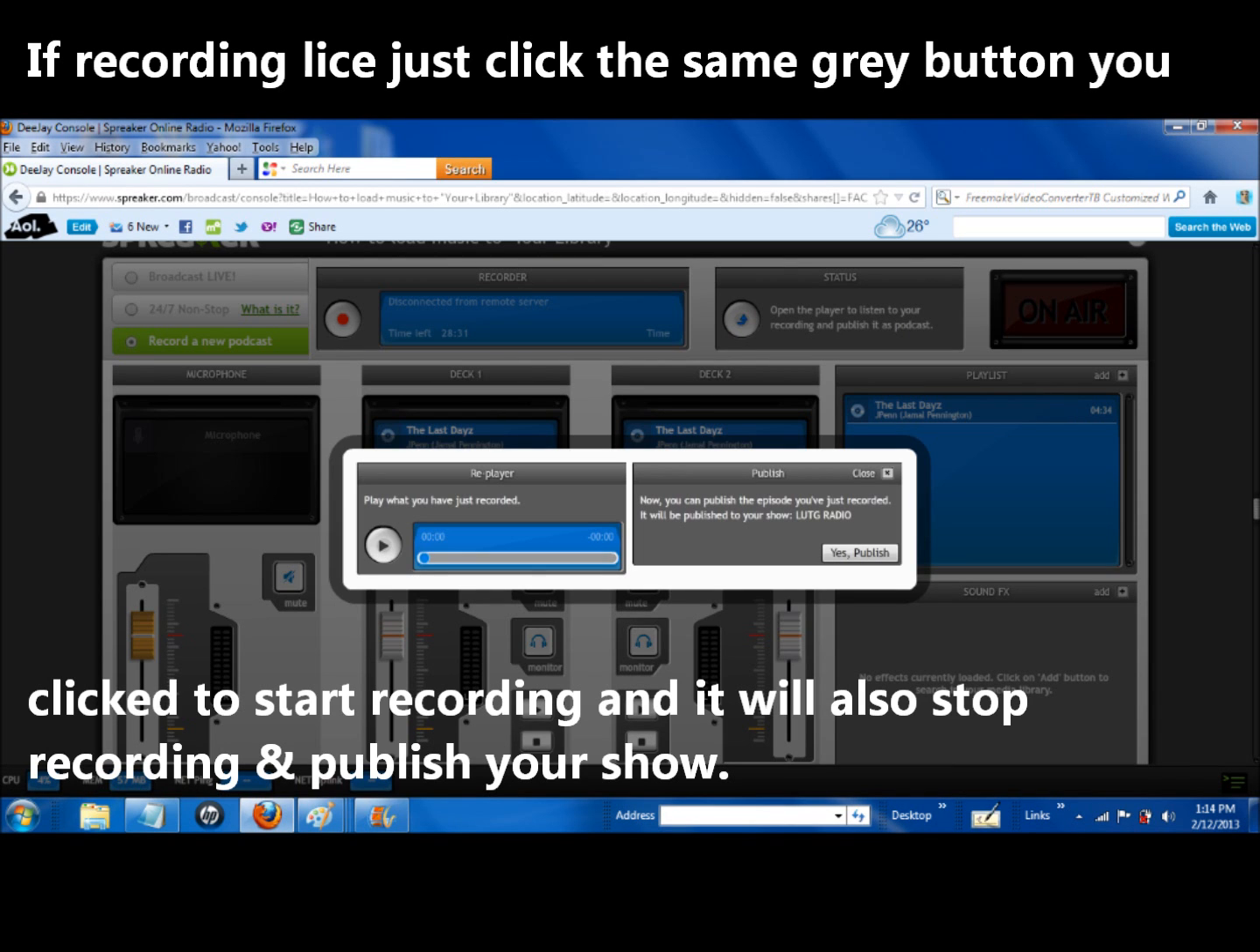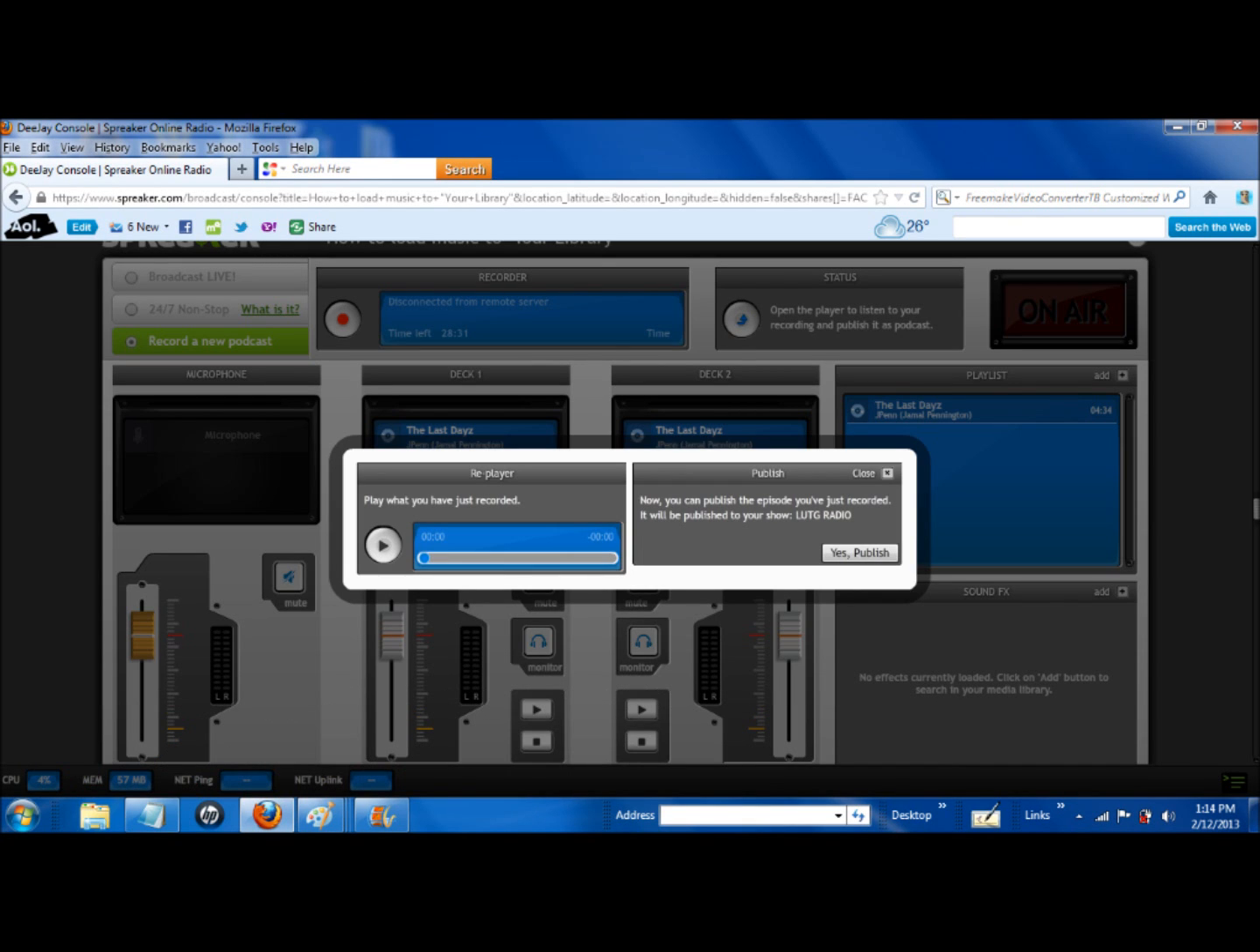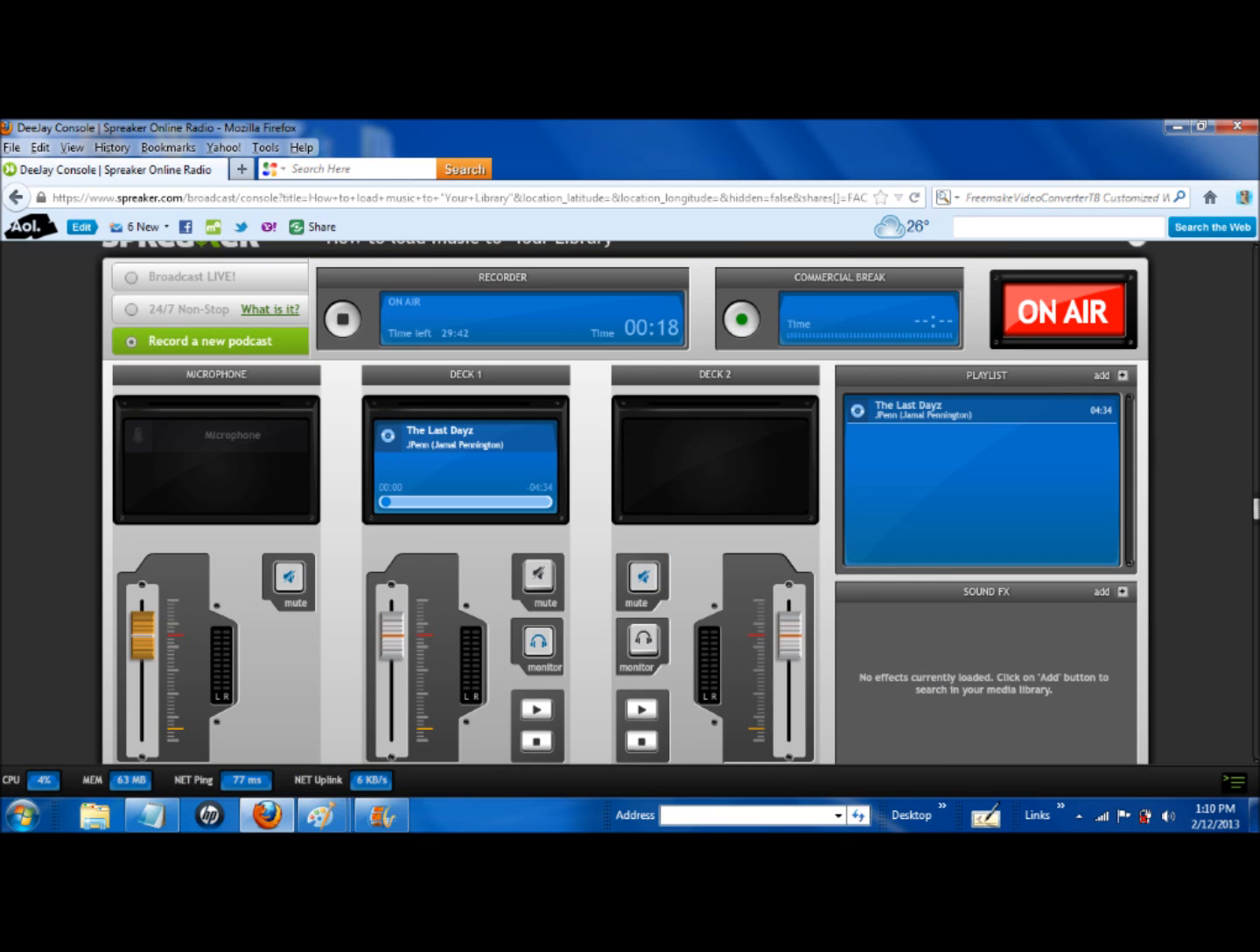All right. So if you're recording live, just click on the same gray button you click to get started, and then that will stop the recording for you. All right. So that button is a stop button. And then if you want to add a